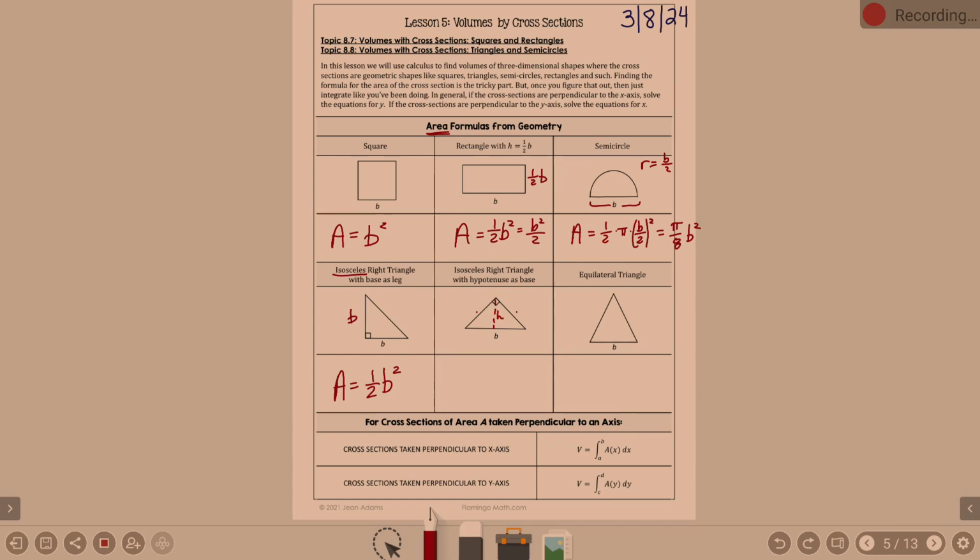The key is to reason this out, okay? So we need to figure out our height here. Do notice this is an isosceles right triangle. Thoughts on what we know since it's an isosceles right triangle? That piece H is the same length as